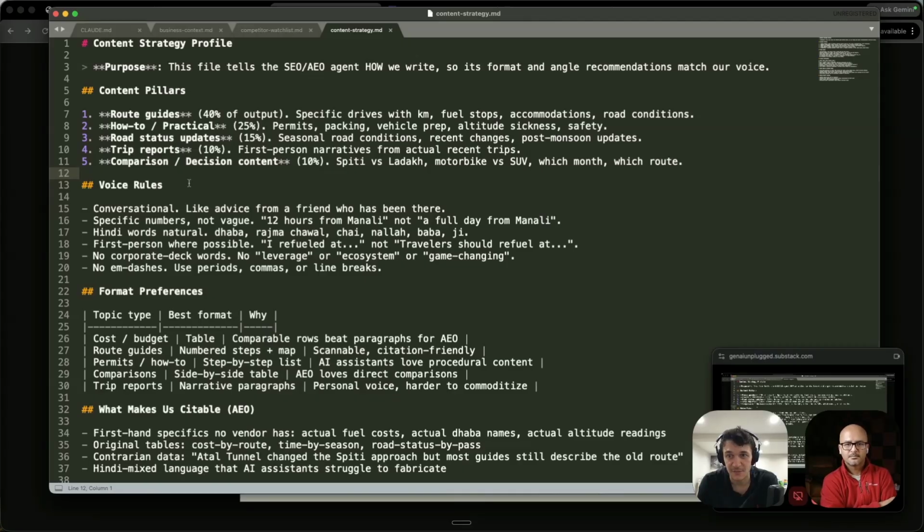And basically, the importance of this is showing you what the agent needs to know about your business. The whole point of what we're showing you here is we're building an AI agent to increase your SEO, AEO, and hopefully get cited in these LLMs when someone is doing some type of research. And then it'll take you directly to their YouTube channel, to their Substack, whatever it might be. Perfect. So that completes our second layer.